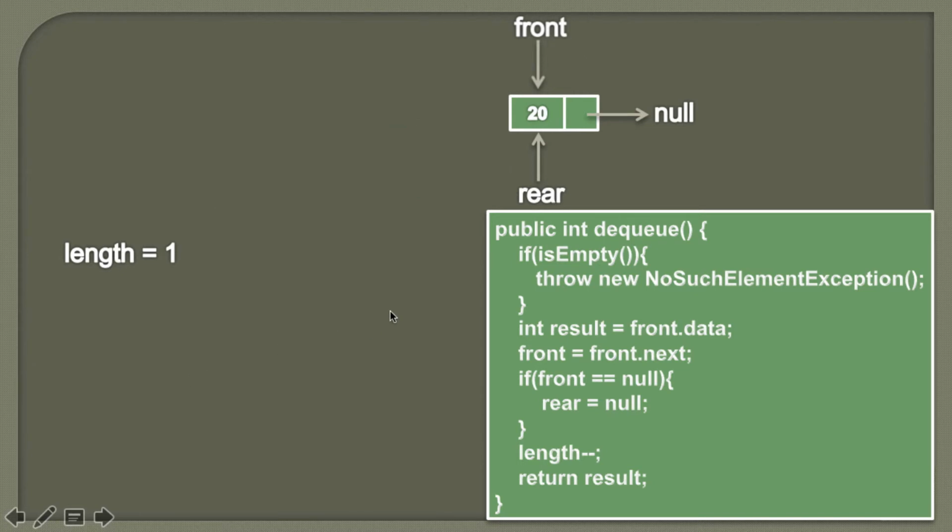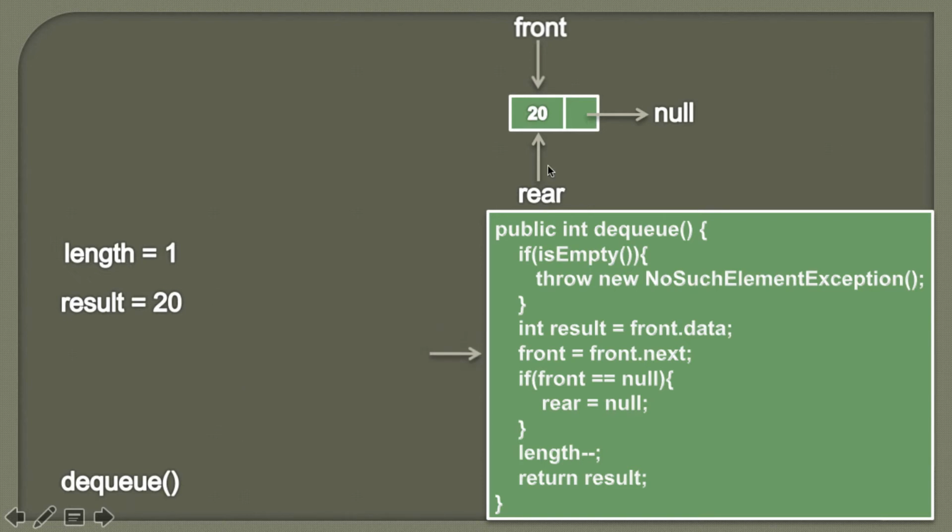So friends, when the dequeue method is executed, the queue has only one element where front and rear both point to that particular element, because this is the only element left. Now suppose we call dequeue again. First we'll check whether the queue is empty or not. Currently the queue has length 1, that means it has one node, therefore it's not empty. So the condition in the if block comes out to be false. Then we'll simply store the value of front.data into result, because we want to return this value. So now result will hold the value 20. Moving ahead.